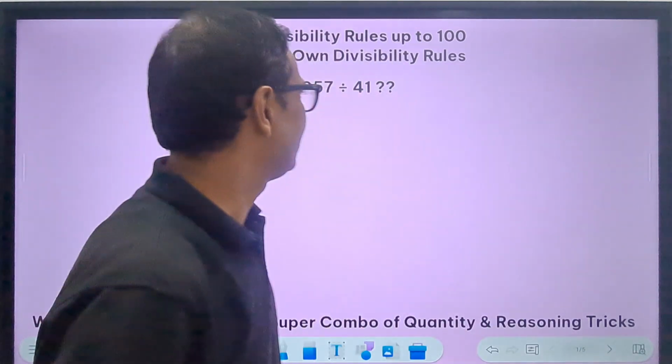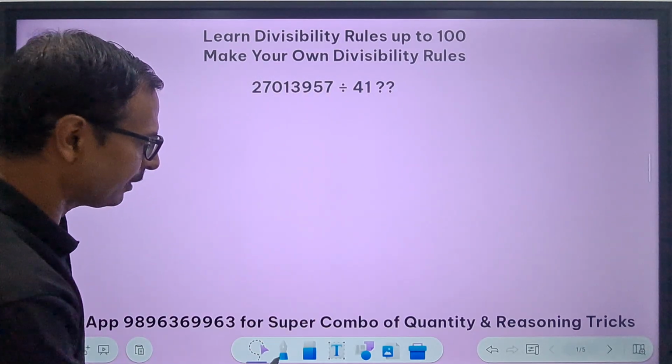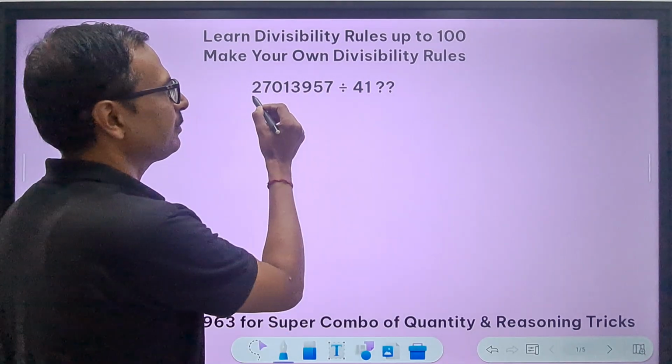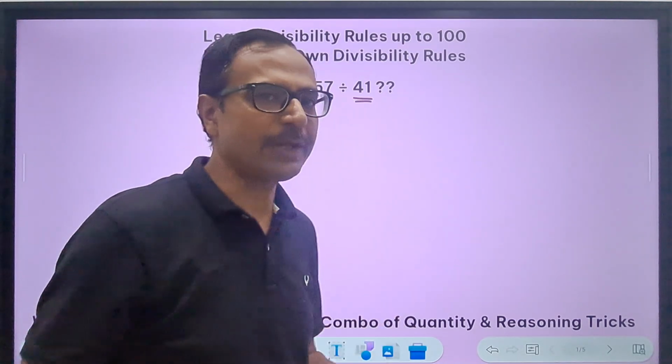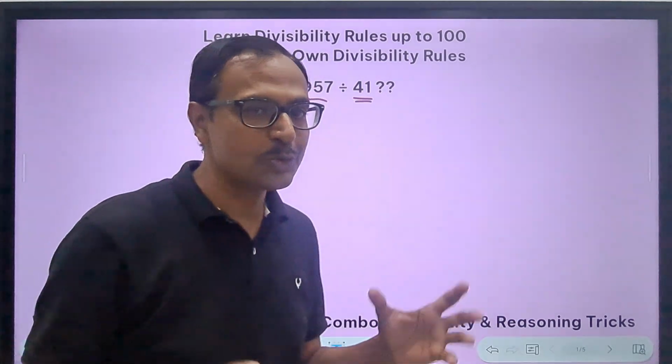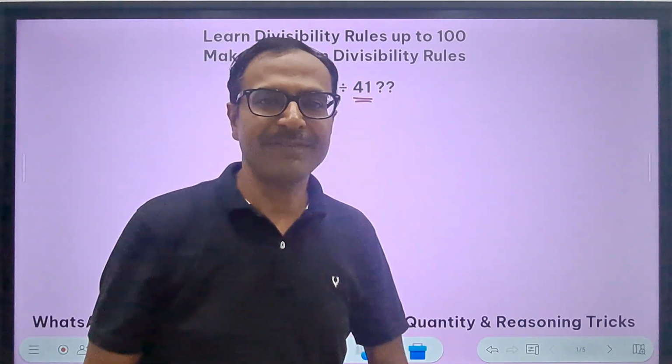So if I ask you whether 27013957, look at the number given here, it's a big 8-digit number. Is it divisible by 41? So what are you going to do? I think most of us will try to divide this number by 41